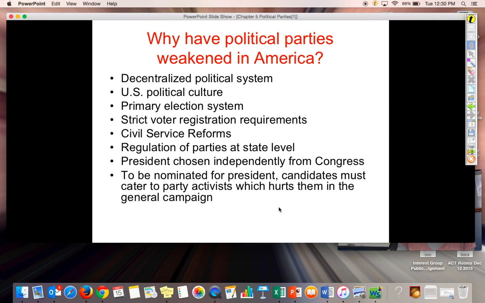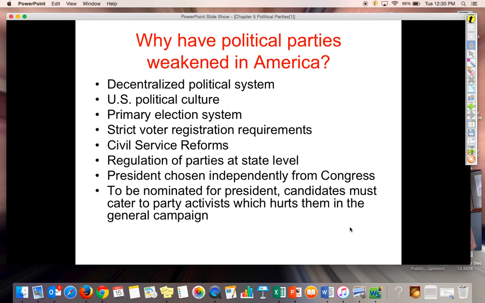So I think I'm to the end of this section. I might talk more about minor parties and post that as a review if you need more review on minor parties. But really the main point of this was to understand the two-party system, definitely looking at critical elections, definitely looking at realigning elections and party eras so that you understand why we have the two-party system in America.